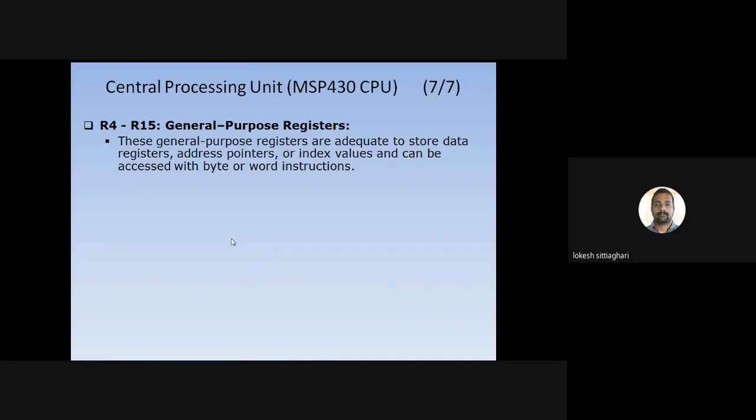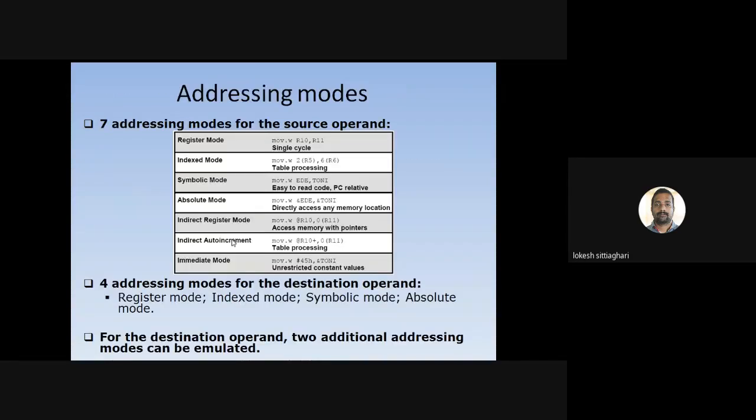Next, the addressing mode is nothing but how to identify and access the operands. There we have 7 different operand addressing modes: register mode, index mode, symbolic mode, absolute mode, indirect register mode, indirect auto increment mode, and immediate mode.